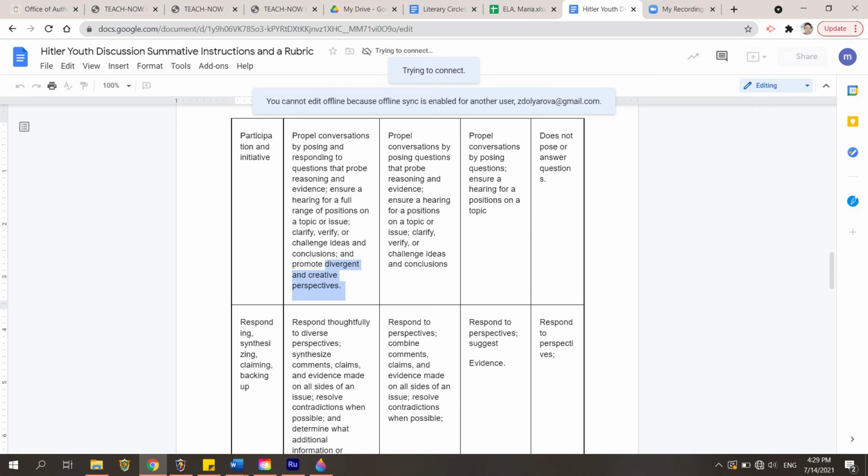So when I see that gifted students are kind of complete, I ask them to revise the rubric and we look into excellence criteria and find what could we add. Let's say promote divergent and creative perspectives. So I start asking them questions to extend their approach towards content, to relate it to their own experiences, to create an activity for the rest of the class